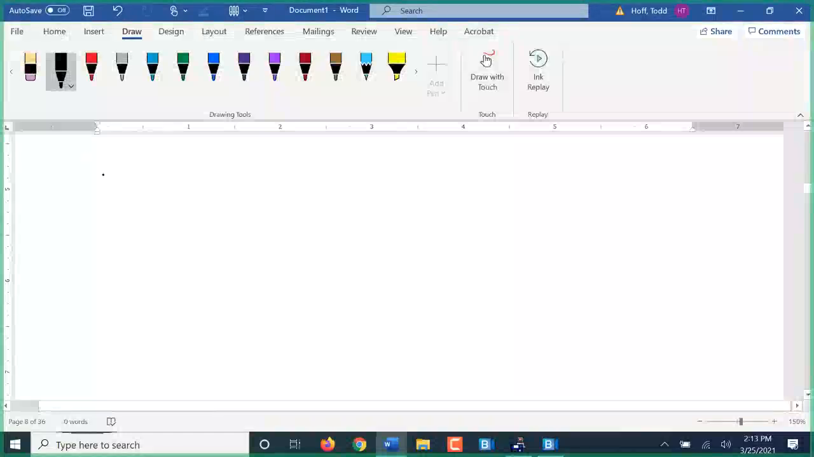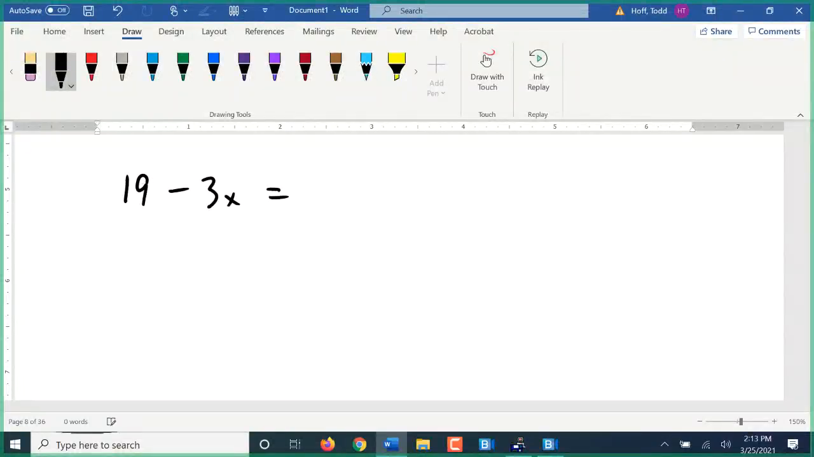Problems like this tend to really trip people up. 19 minus 3x equals 4. This minus here, and actually let's just do this: 19 minus x equals 4. That minus in front of x,